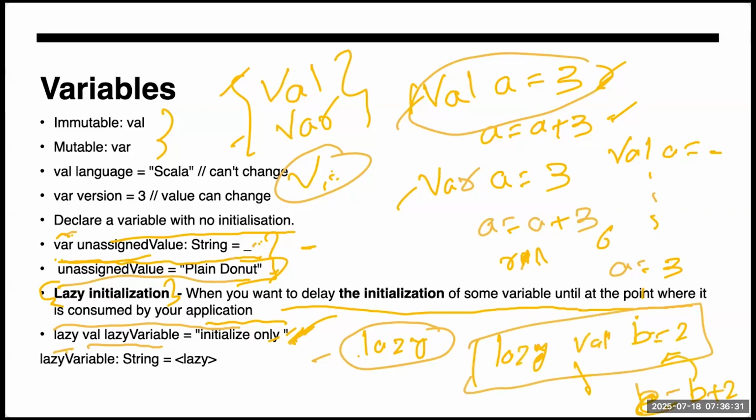Memory in the store means it will be stored somewhere in memory, right? When you define a variable, it is stored that variable b, whose value is 2, is stored in memory. So if you write lazy, this memory won't be given to it unless you use it somewhere. Got the thing? Yep.